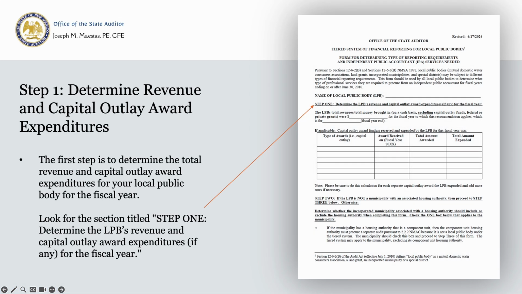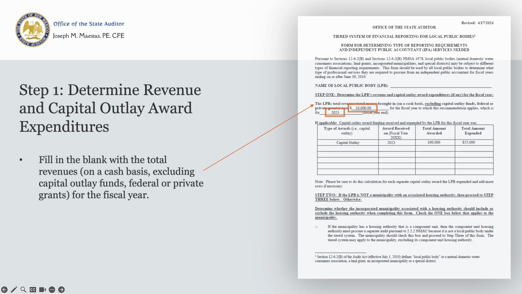Step 1. Determine revenue and capital outlay award expenditures. The first step is to determine the total revenue and capital outlay award expenditures for your local public body for the fiscal year. Look for the section titled Step 1. Determine the LPB's revenue and capital outlay award expenditures, if any, for the fiscal year. Fill in the blank with the total revenues on a cash basis, excluding capital outlay funds, federal or private grants, for the fiscal year. As you see here, this example shows $10,000 in revenue/total money brought in for the fiscal